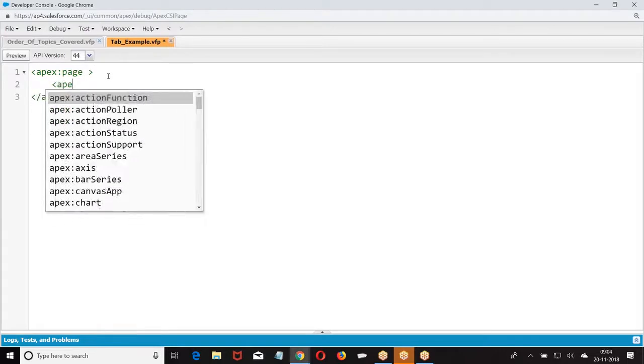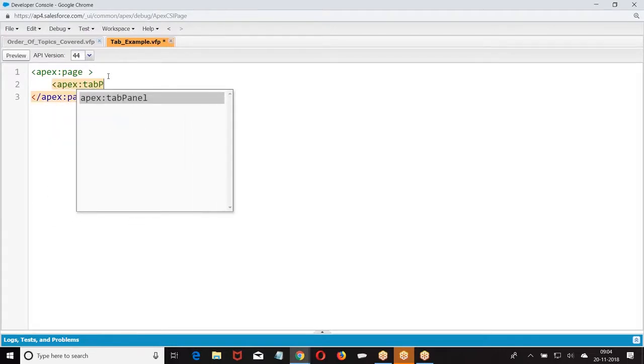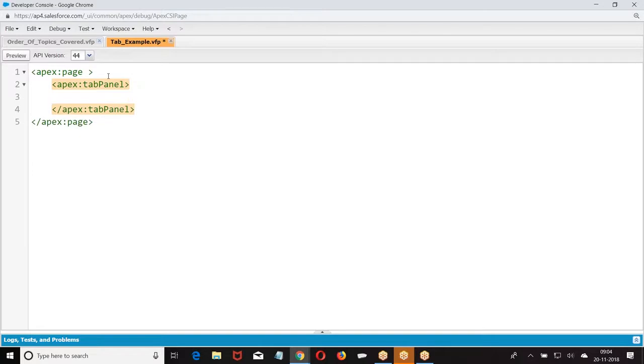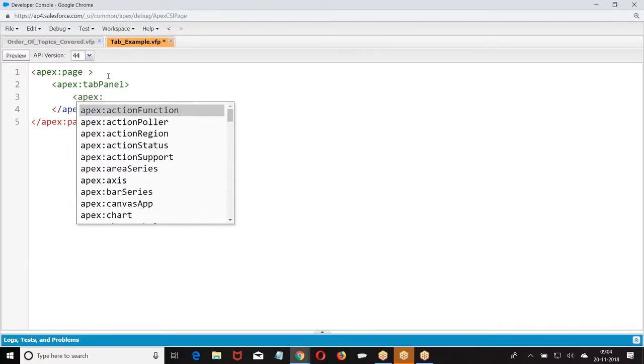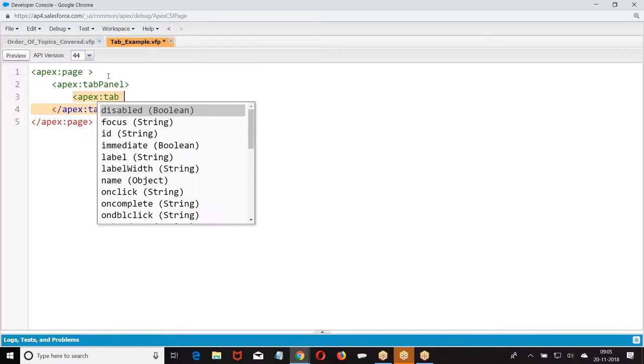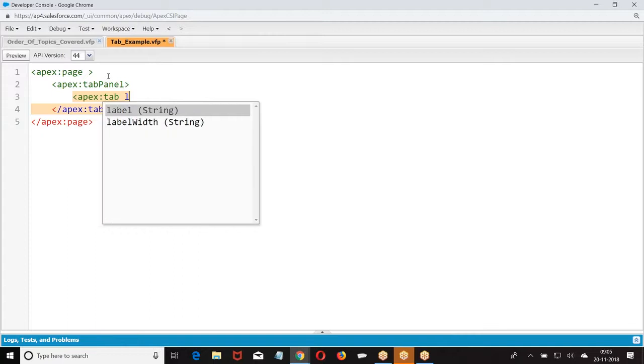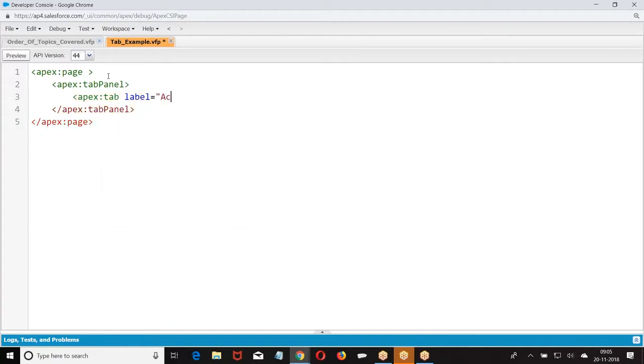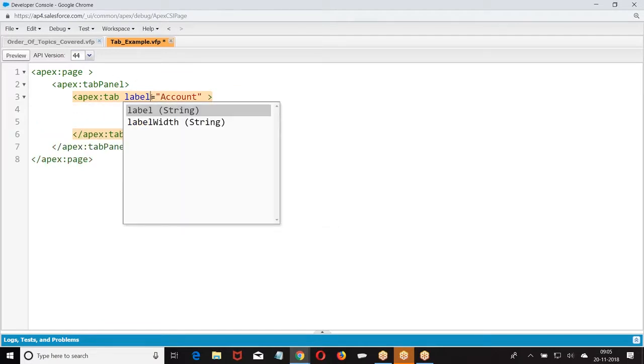I have given Apex tab panel. This will create a panel on the page. Then Apex tab: I gave tab.